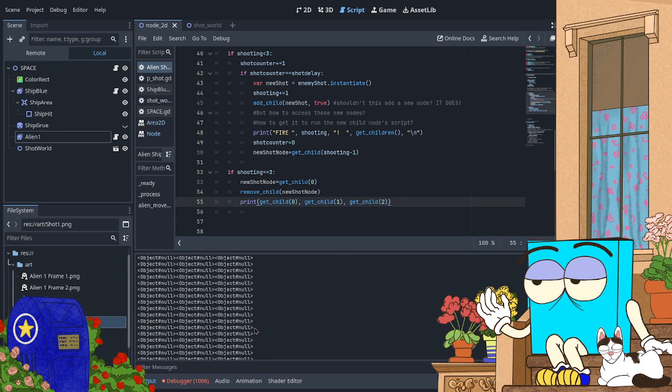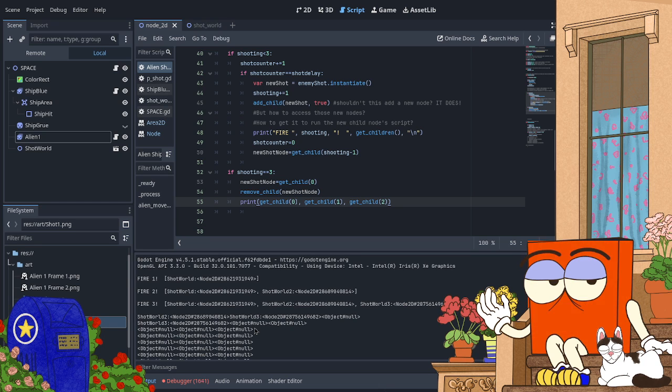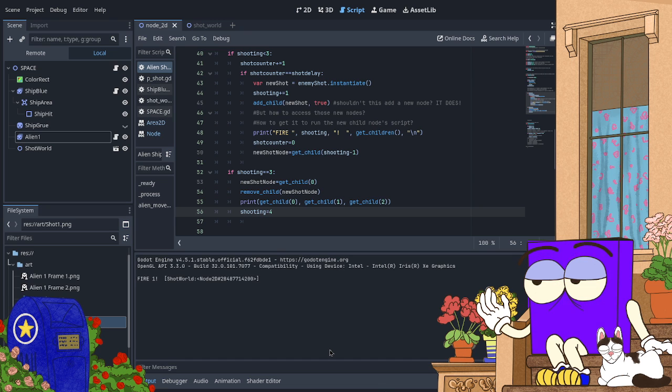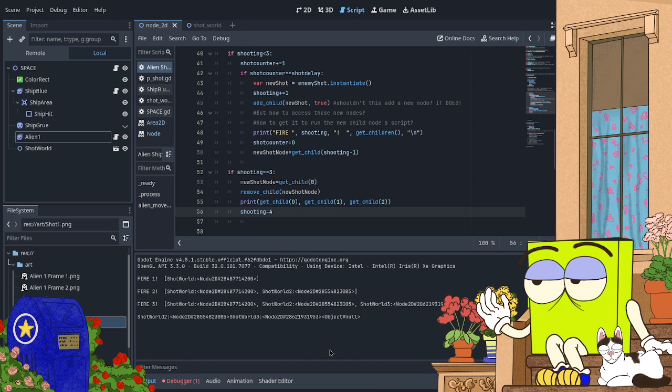Oh, interesting. Oh, okay. Let's set that so it only does it once. I want fire 1, fire 2, fire 3.